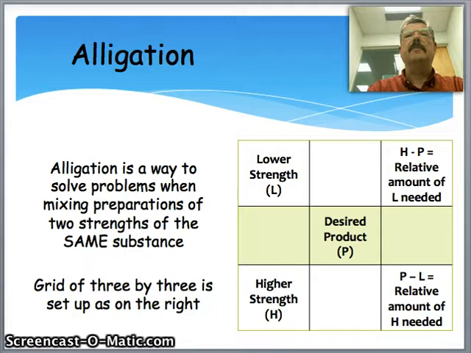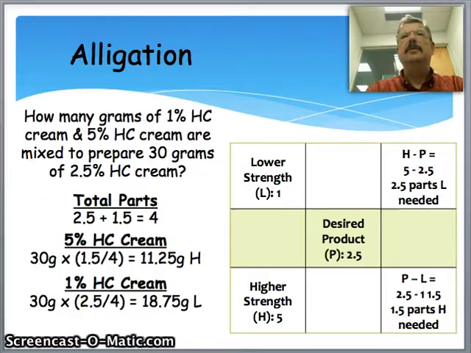Alligation is a way of solving problems when mixing preparations of two strengths of the same substance. It's a grid of 3 by 3 and is set up as shown on the right. An example of alligation is you are combining 1% hydrocortisone cream with 5% hydrocortisone cream to prepare 30 grams of